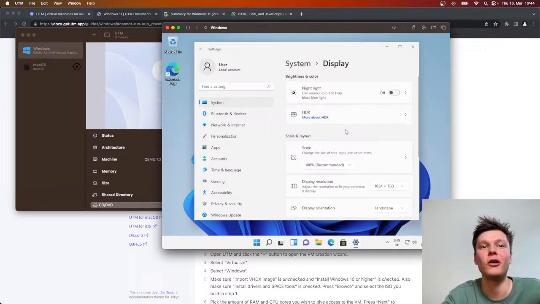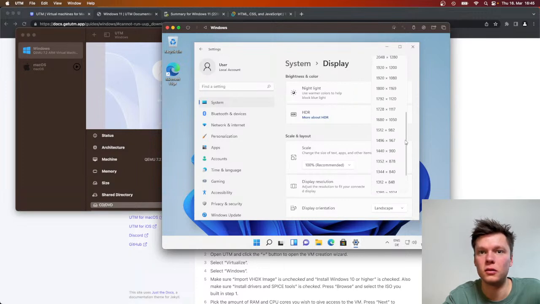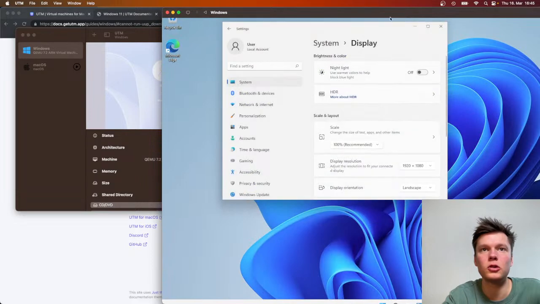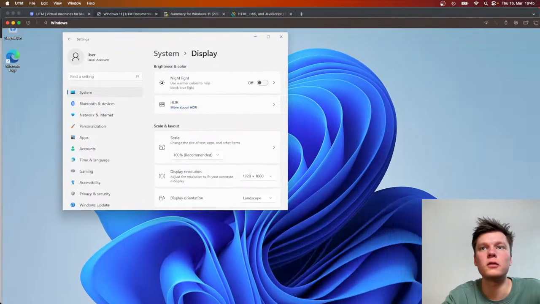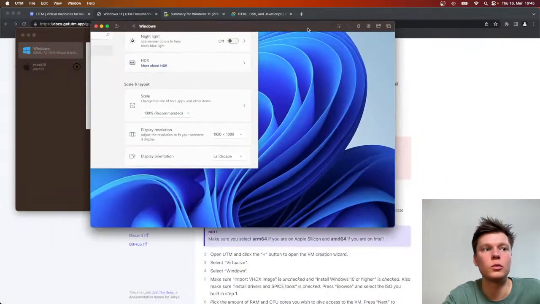One thing that I always do is I increase the screen resolution. And that's something you might have to do with Linux as well, is that you need to set a screen resolution, because it will detect something weird, right? It will not correctly detect the screen resolution that you want. Keep changes. And honestly, aside from resizing the window,